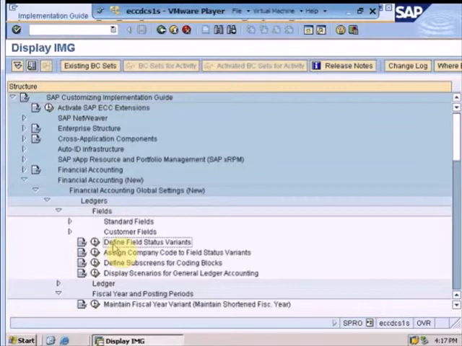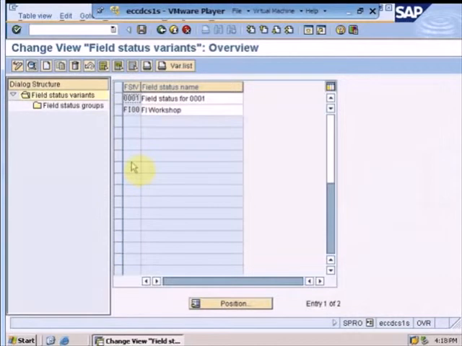And in order to configure all of them, we have to go through 3 properties. Like I said earlier, we have to define it, we have to configure it, and then we have to assign it to a company code. Now since field status is also a variant, by clicking over here, first of all I have to define a variant.